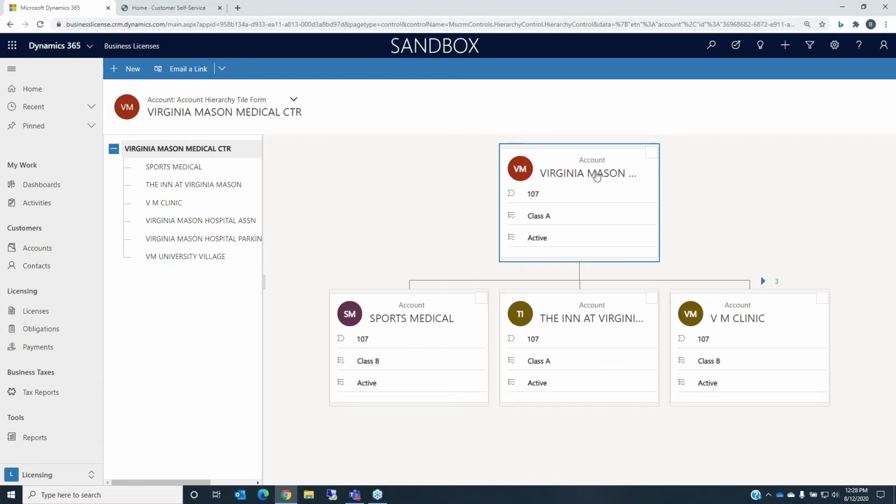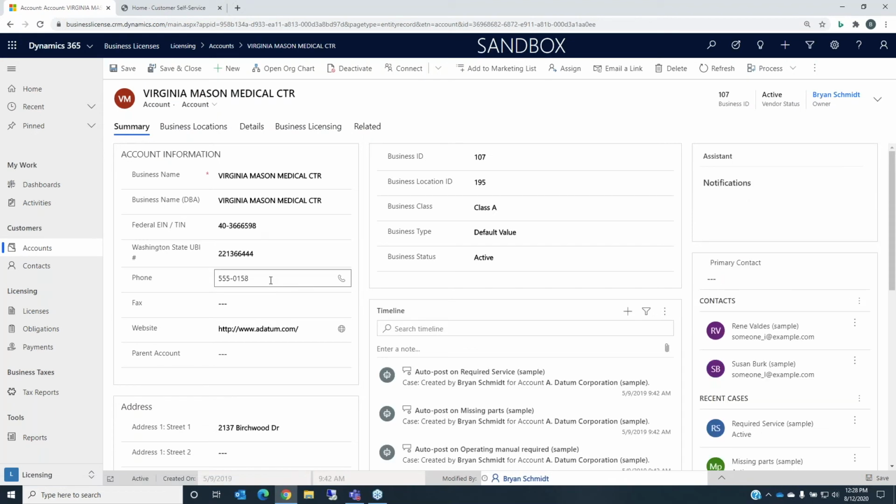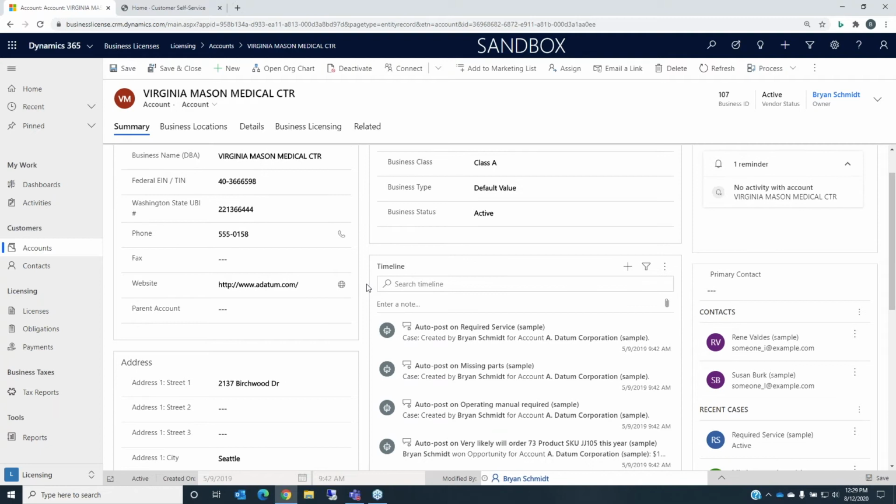So you can use this as a way to not only drill into the parent organization and their business information, so their phone number, contact, website, but you can also capture the details of all the communication. Like we mentioned before, that Outlook communication, appointments, phone calls, and so forth, I can create all these activities in this one place. This is then shared across all the people that have access to the Dynamics 365 system, who can pull up this information and see the past communications, either the emails that have been brought in or emails that have gone out,